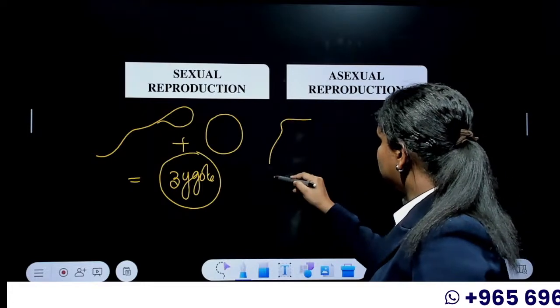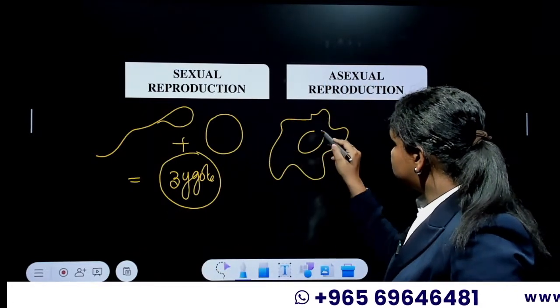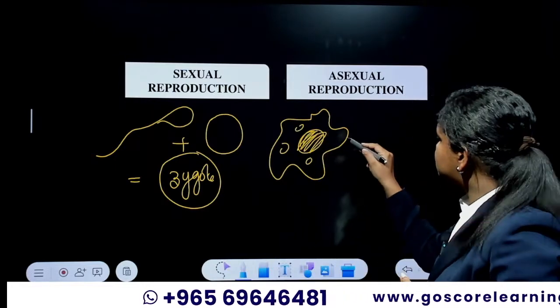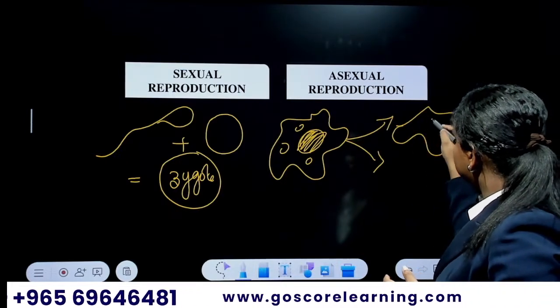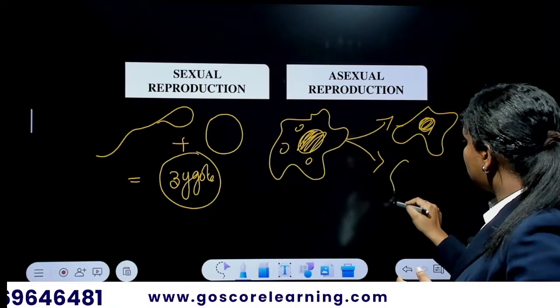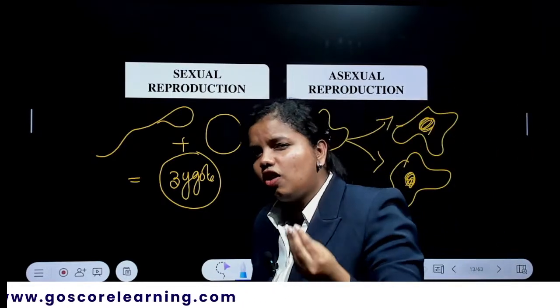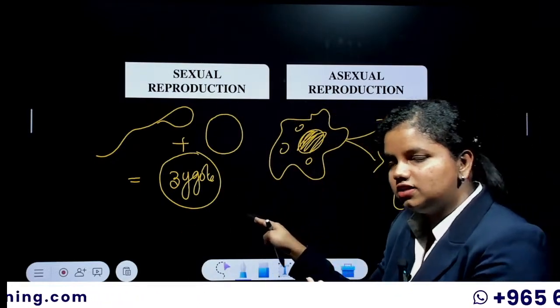Let's take our amoeba. Suppose this is an amoeba which has no particular shape, so it is easy for me to draw. This amoeba splits up into two babies. Yes, I'm calling them babies. They are amoeba babies, and they are completely alike their mother.